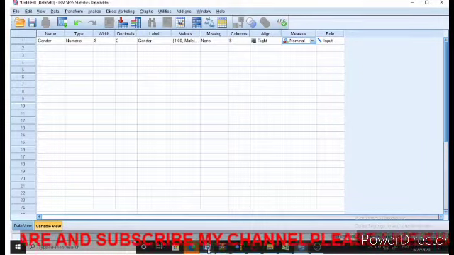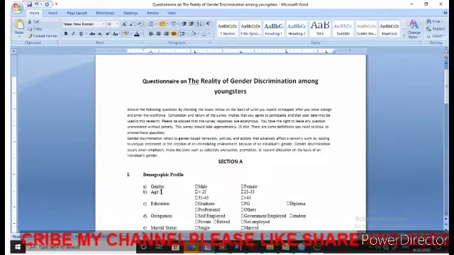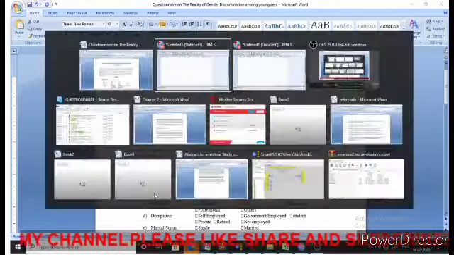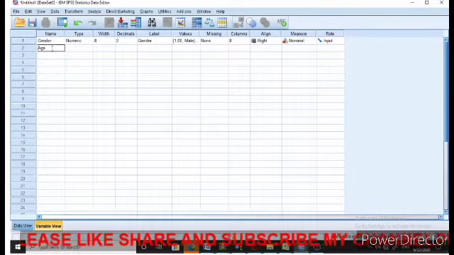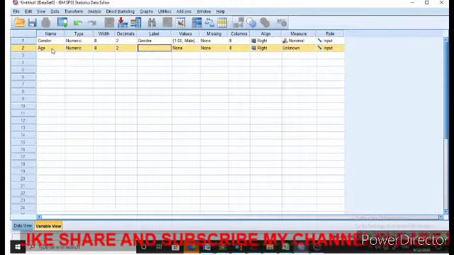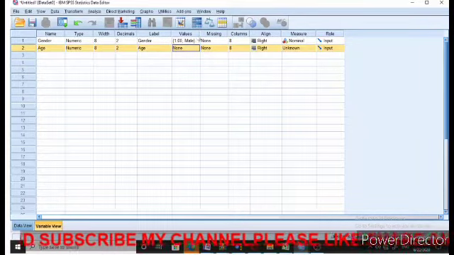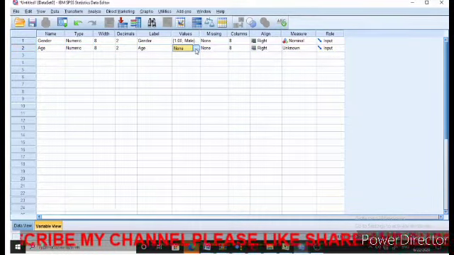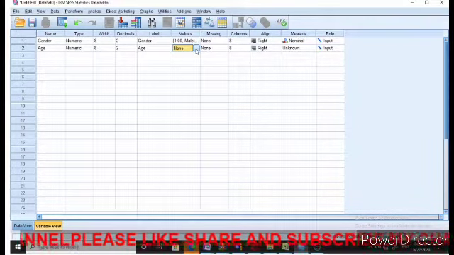Now coming to the second part, the second question of our questionnaire, that is age. So again I will put this over here, age. Again it will be numeric, right? Now label, under label we will define this. Now here we have to define the values, that is coding, what codes we have assigned to the responses.